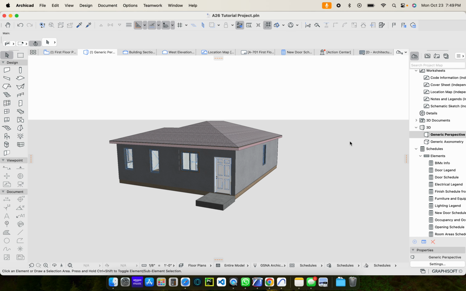So in today's video, I'm just going to go over something that one of you requested in one of my previous videos, which was to cover how to import and apply a custom or third-party surface to your ArchiCAD projects. So here I have the tutorial project open, and basically what we're going to learn to do,